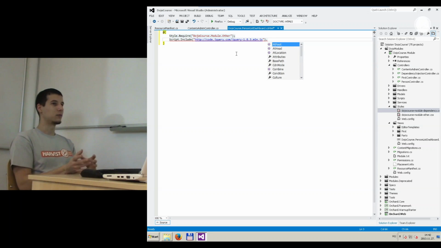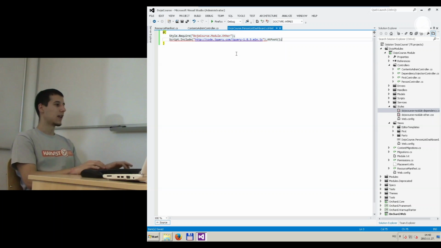So if you chain AddFoot, the script resource is going to be added to the foot of the markup. If you chain the AddHead method, then it's going to be added in the head section of the markup. So I just add it to the foot, and then we're going to see that this resource is going to be at the bottom of the markup when we load the page. Okay, so to go on with our template, we're going to look into another piece of Orchard API, which is